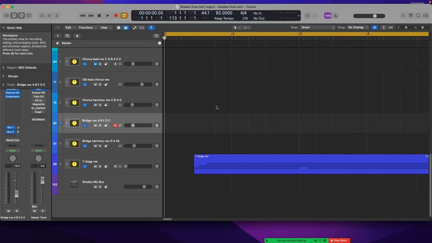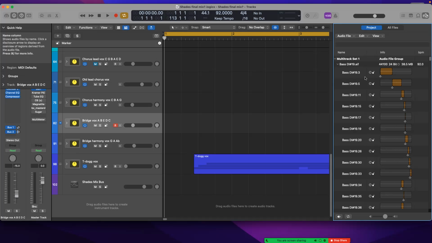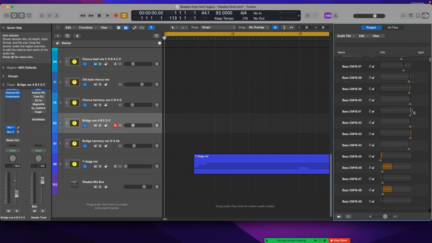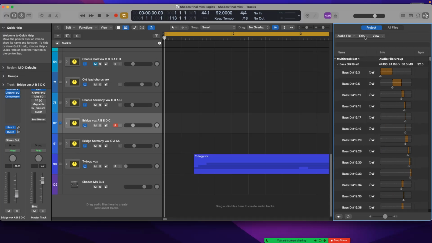Okay, so what I'm going to show you really quick is, I showed in the previous video how to use your browser's window to do this. So I'm going to go ahead and click on my browser window up here on the top right. And as you can see, it pulls up all of the waveforms from your project. What I'm going to do is select the Edit button, and I'm going to